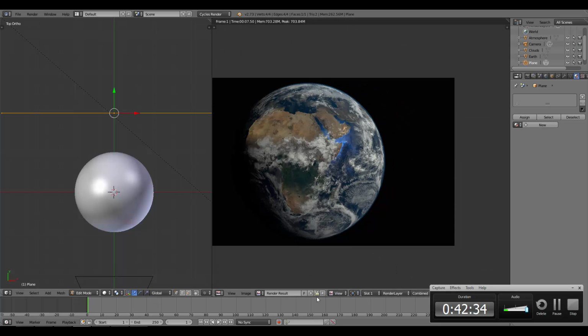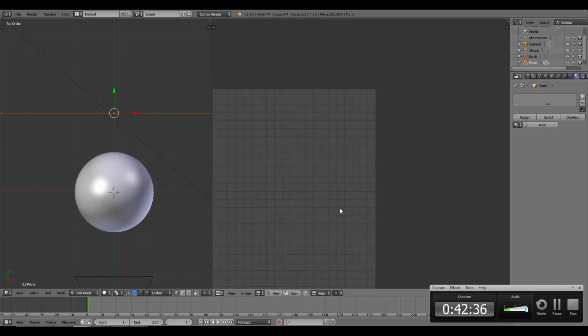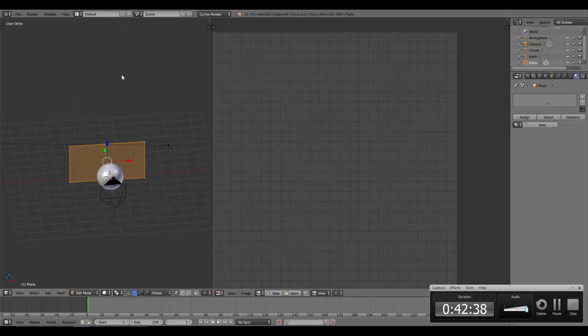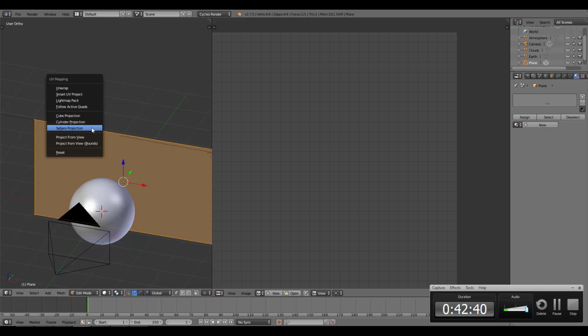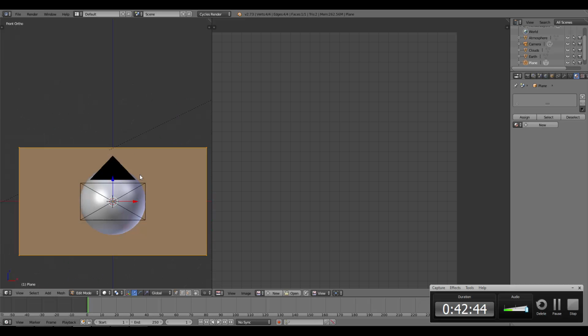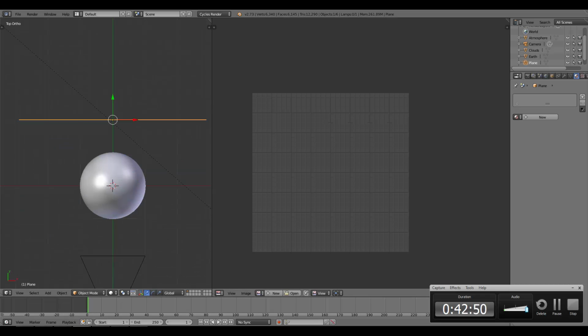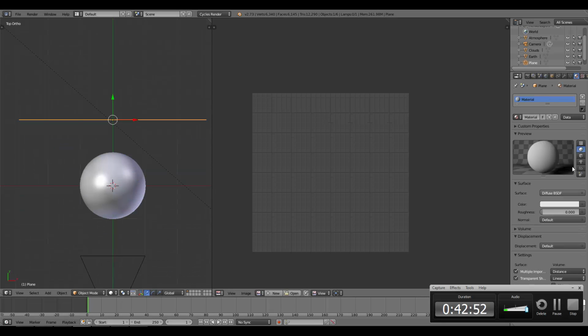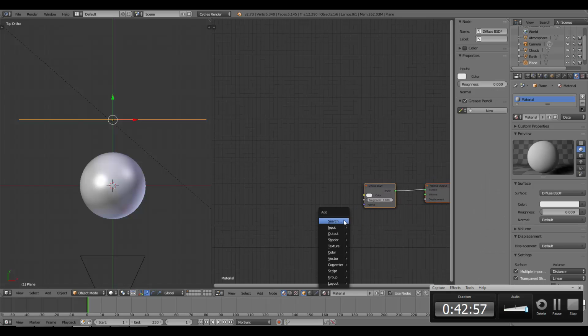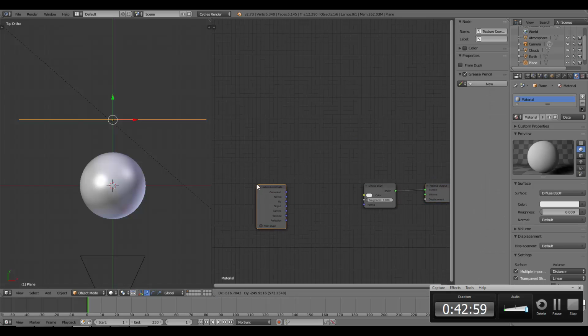Now we're going to go into UV image editor, close that, and while we're in edit mode, press U, project from, go into the side view by pressing 1, and then U, project from view, bounds. Done. We want to add a new material and go into the node editor, input, texture coordinate, texture, image texture,